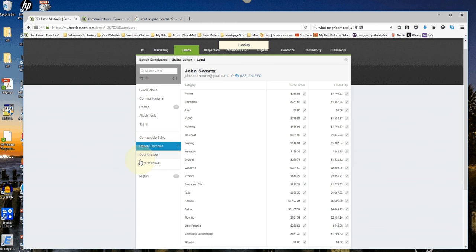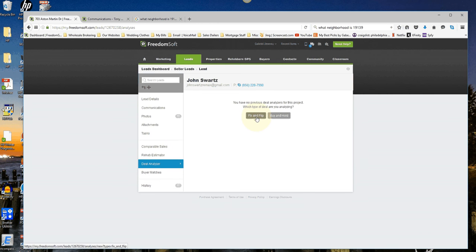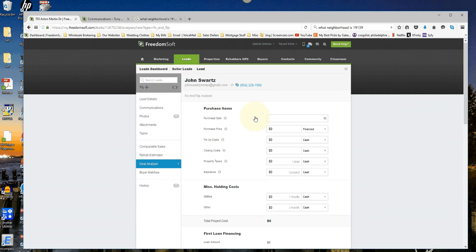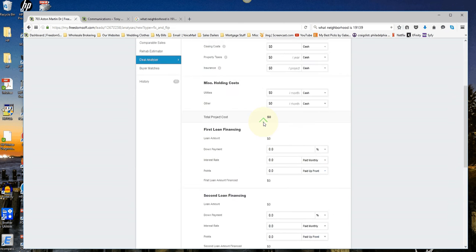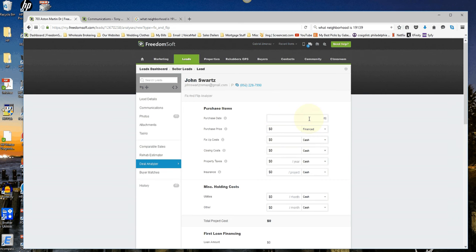You're going to click deal analyzer. You're going to do fix and flip. This is real simple stuff. Real simple. It's only this one page, and it's not even everything on here. So let me show you. Purchase date. Take a note on this. The purchase date is always going to be